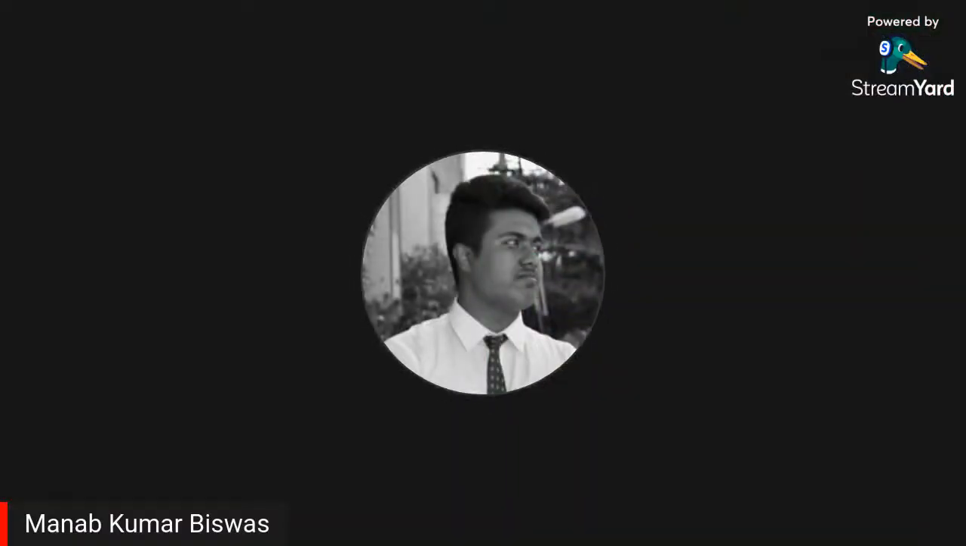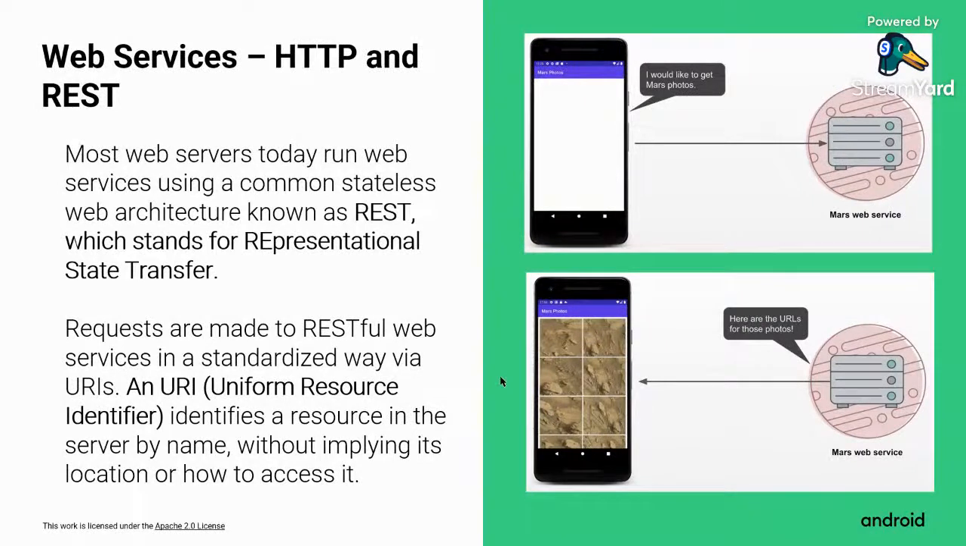Yeah, sorry. So most of the web servers that you see today would be running what you call a REST architecture, which is Representational State Transfer, as you would see on the slide. So what technically happens here is you have an architecture which is stateless. What I mean by that is,